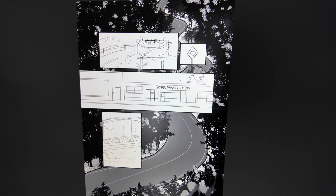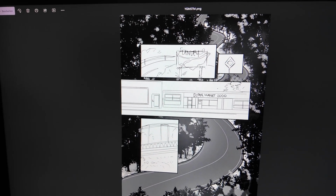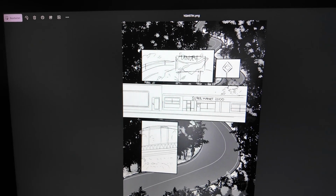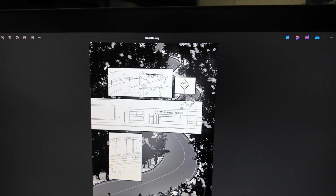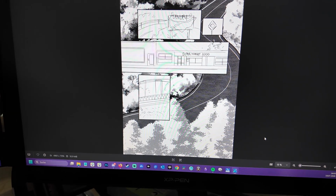So that was the first try, and it's super dark. It just looks like it's nighttime in this picture, and I'm really not a fan. And then I consulted a friend, Kata, and she made some adjustments, but I still didn't really like what I'd done to begin with. So I made this version, which is a lot brighter, so it does not look like it's night. But it's still...